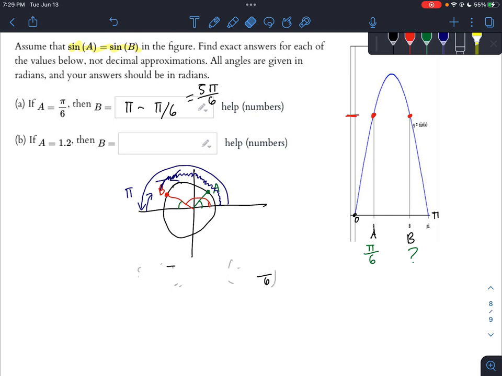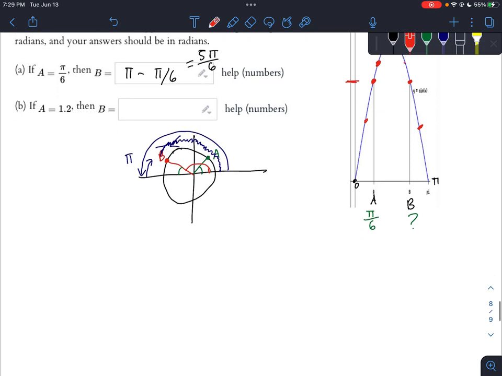And this is the same process that you would use for part B. Because you're told that A is in radians already, it's 1.2, which doesn't matter. We could just move this point up here, down here, and draw the other one in, and the graph would look the same. So if A is 1.2, this is a very similar process,